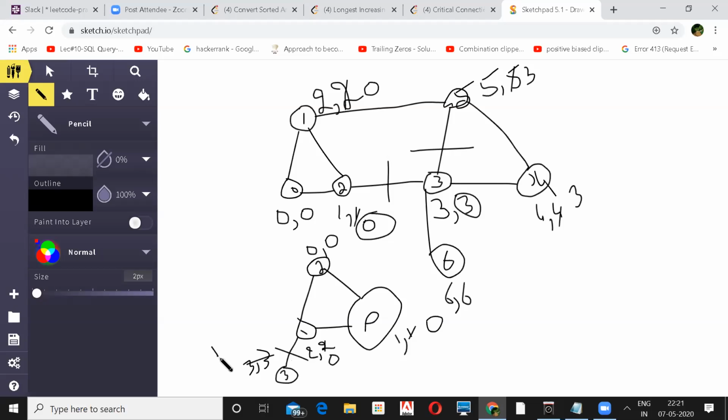So if you start from 3, you'll do 1 1. Then from 3 you'll go to this one, 2 2, because you haven't visited. Again from here you'll have 3 3, and here you'll have 4 4. Now this node has already been explored, so you'll backtrack from here. When you're backtracking now, see, the 4th node's parent is 2, correct? So in that case, you will only take the low link value of the 2, and the 4's low link value will be updated to 2.